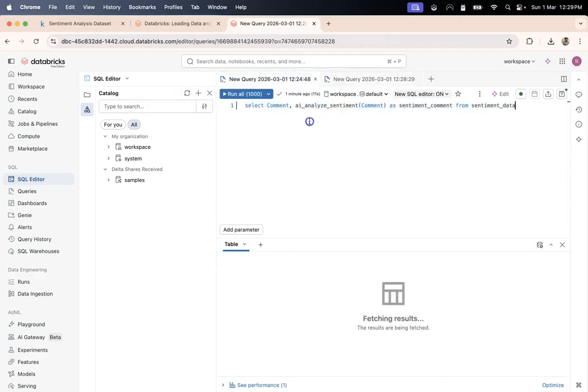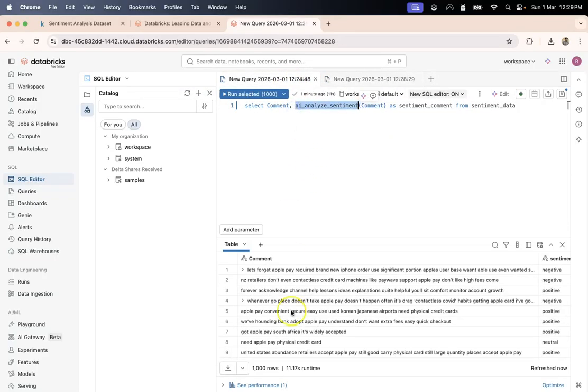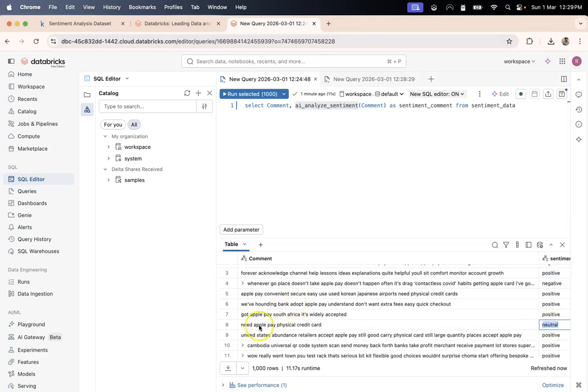Okay, so now let me come back to this. How do we interpret it? The way it is working is, it is trying to call an LLM model on your text, that is comment, and it is trying to instruct that LLM model to get the sentiment in one of three categories, and those categories are negative, positive, and neutral. You see, "need Apple Pay physical credit card."